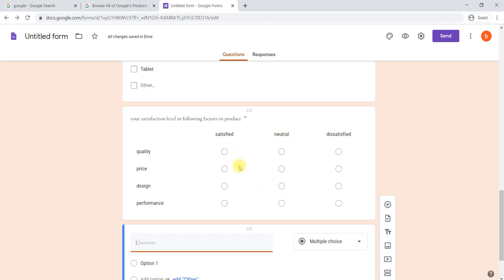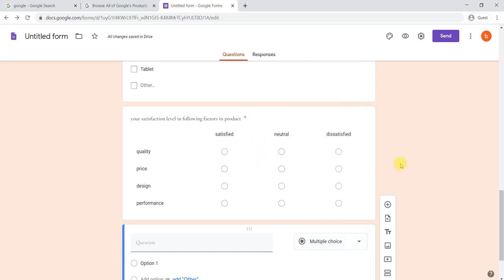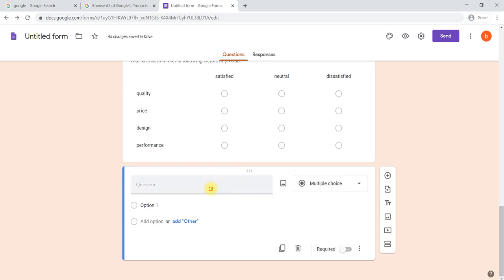In a single question itself, we are asking all four questions. We are not asking one by one, because all the answers are repeating. For that reason, we are utilizing the multiple choice grid here, to ask four questions in a single question. Similarly we can use a checkbox grid, the same thing you have used here. Checkbox grid is nothing but the same question where he can make multiple selections. Okay, first we will learn one more question type here.